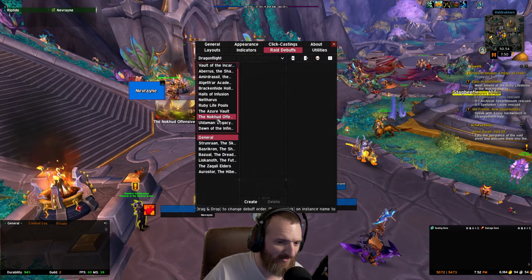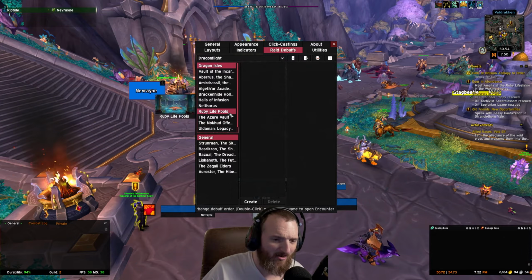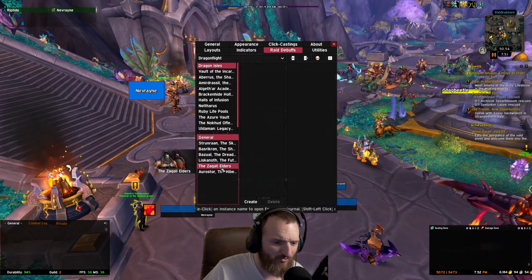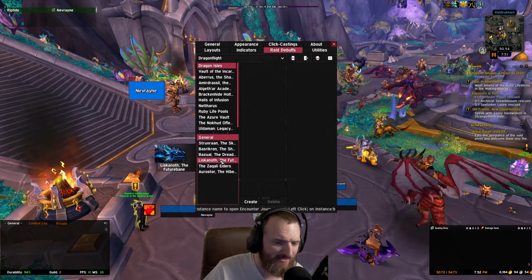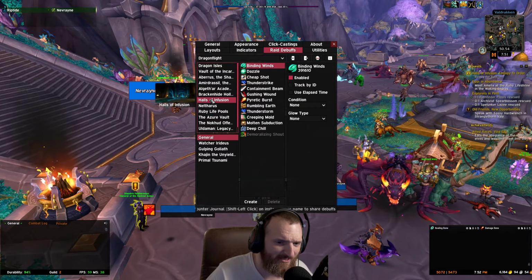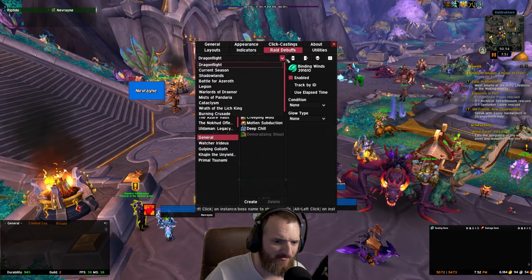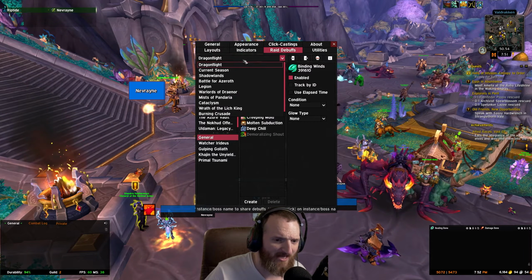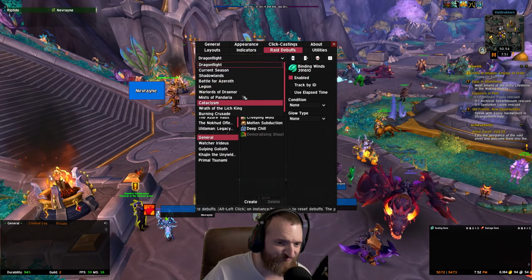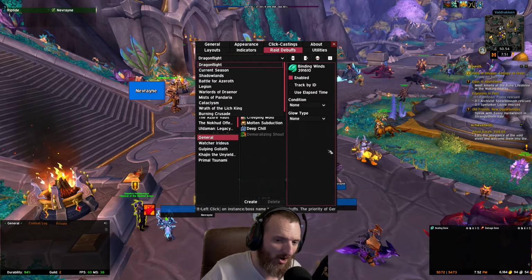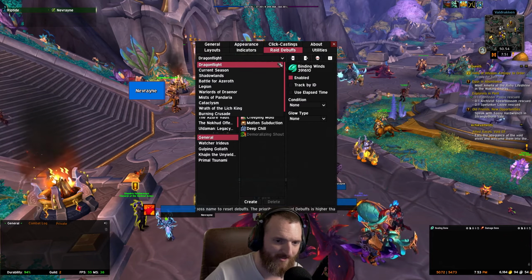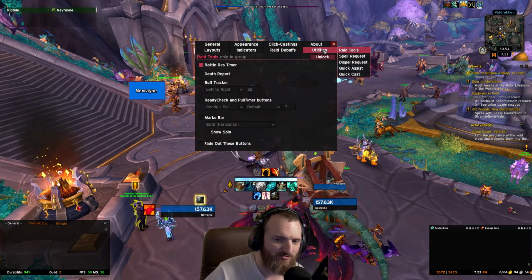This has some of the raid built-in stuff. Now, I don't think this has the newest raid that's in TWW, but I could be mistaken. It looks like it also has, okay, so it does. It has current season, Dragonflight, Shadowlands, Legion. So it has all of this stuff built in, and this also has all of the debuffs that the mobs put on people. And then we have this utility